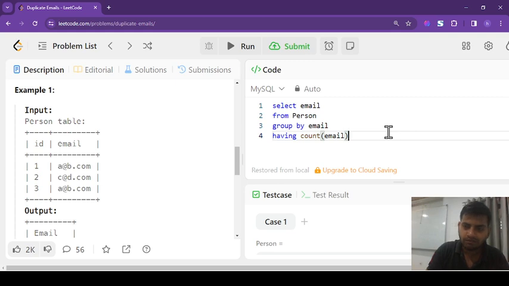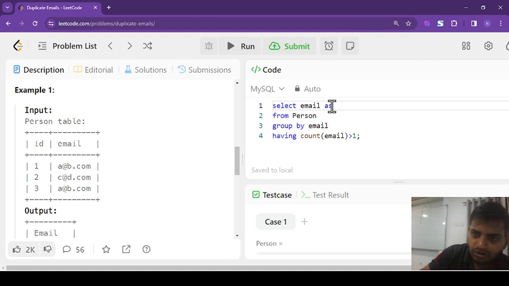If it is more than one, that means it is repeating, it is duplicated. And end with a semicolon. But here we have to use an alias, because when this query is run, the column name will come as Email with a capital E, but here the column name is in lowercase. So we use the as keyword and after that we write the alias of that column. Like this we write the query.